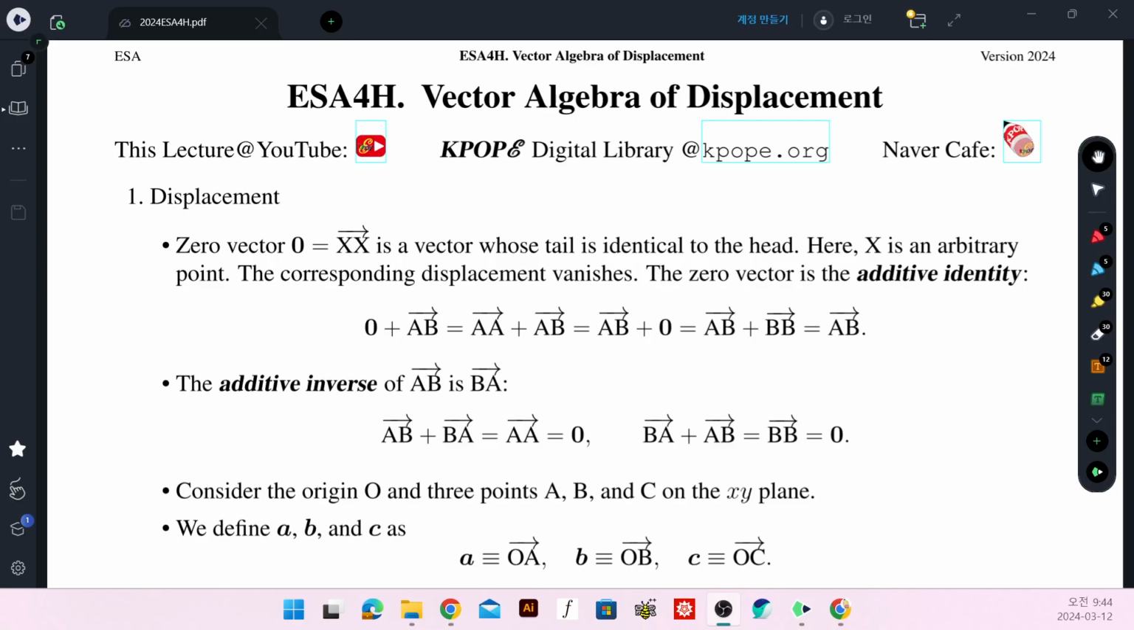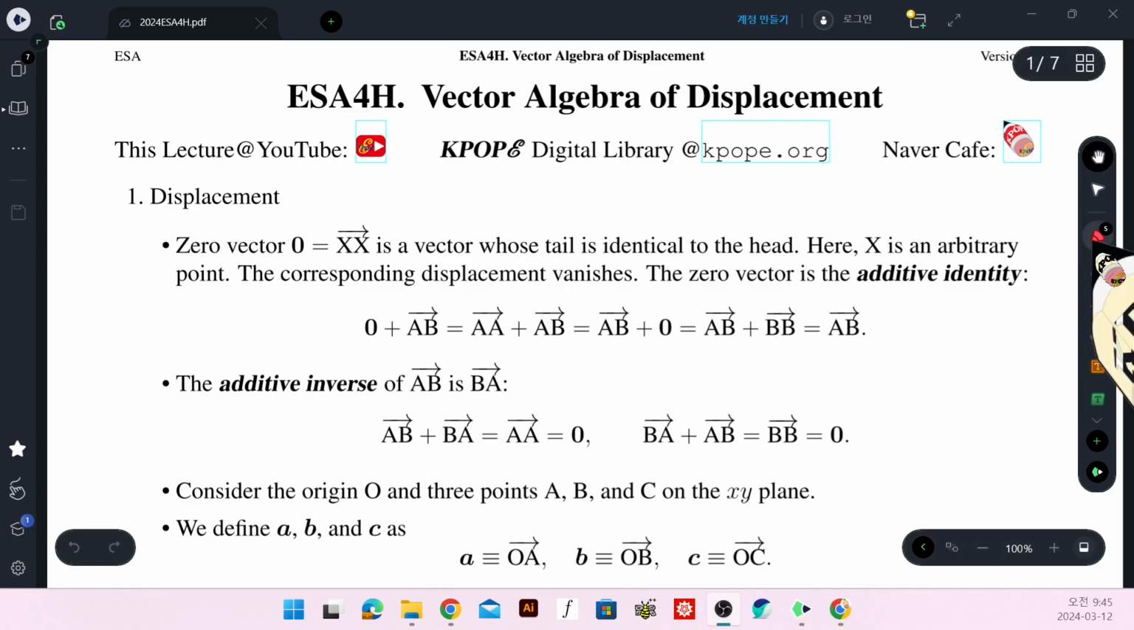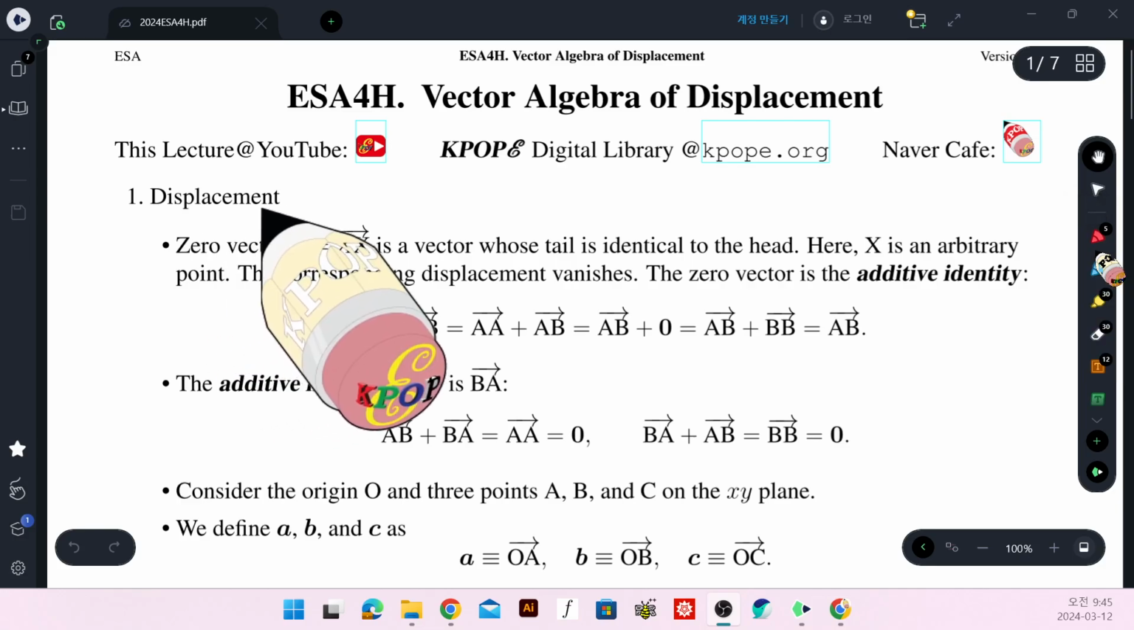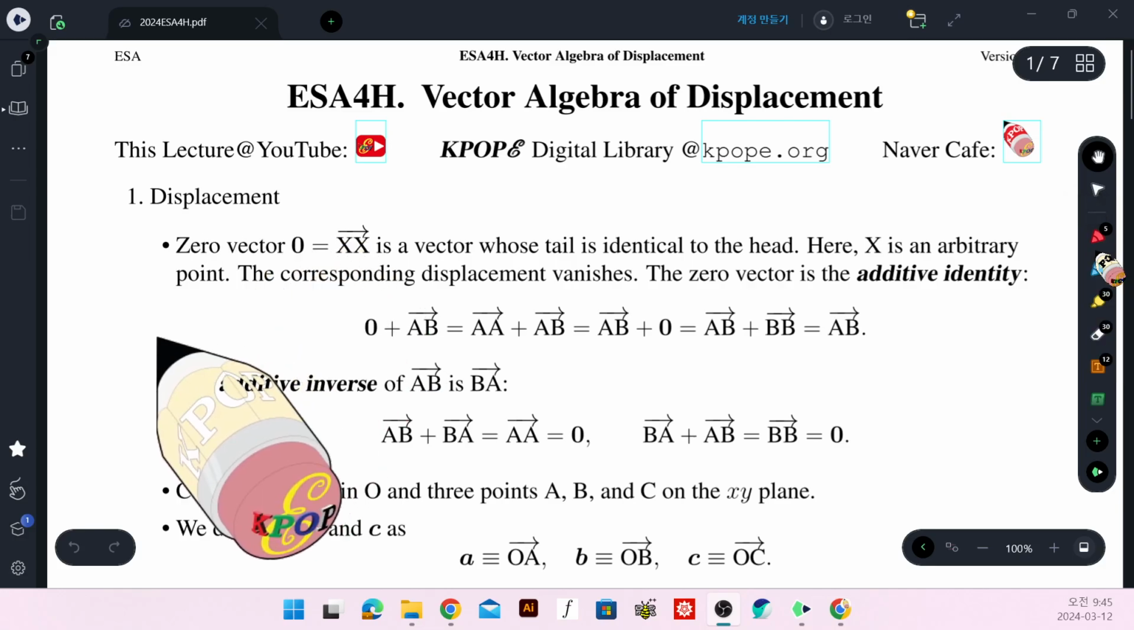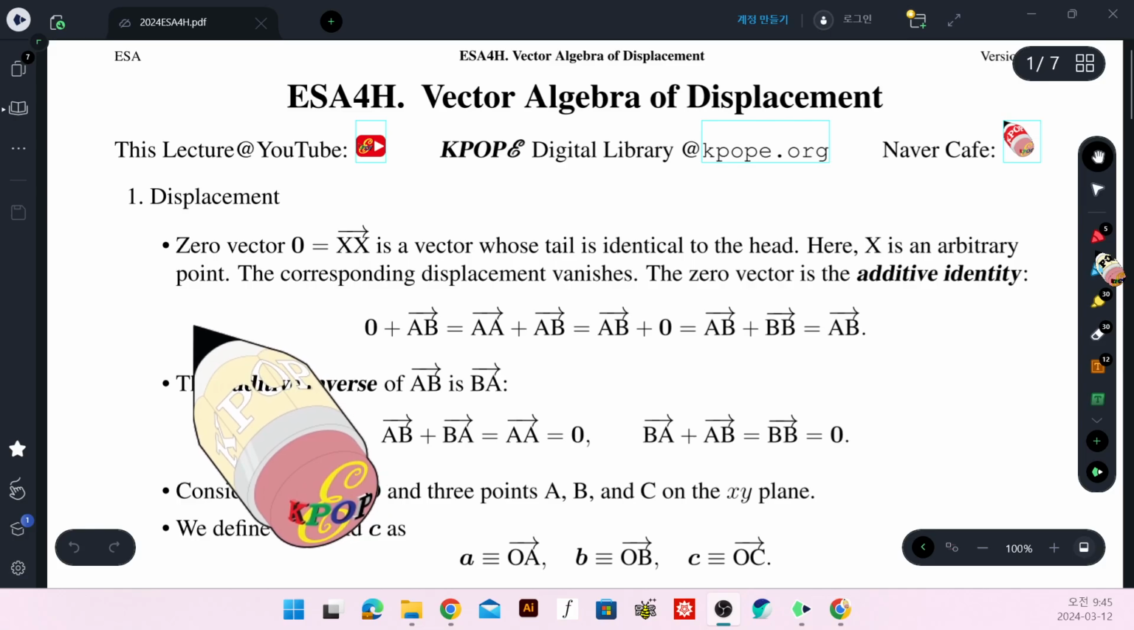Today we study ESA4H, a vector algebra of displacement. What we consider today is nothing but the Euclidean geometry we learned in middle school. Displacement. The displacement vector